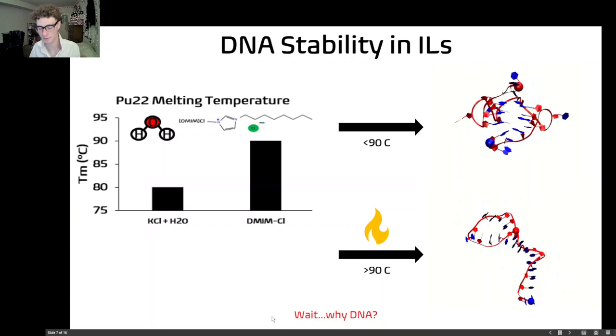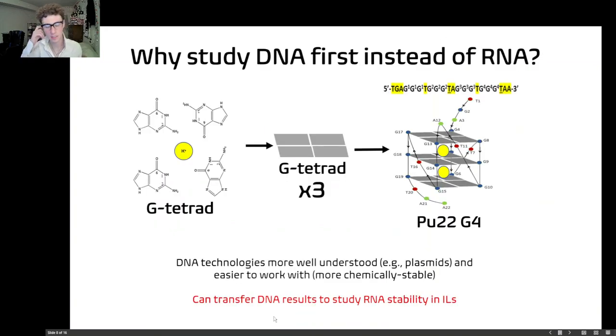Why am I focusing on DNA though? Okay, so we use DNA as a stepping stone to our target, which is mRNA and RNA. Contrary to popular belief, RNA is pretty difficult to work with in the experimental setting and the computational setting. Although we are doing that now, we wanted to start from the DNA standpoint. Typically because DNA technologies are more well understood, like plasmids, and they're easier to work with, they are more chemically